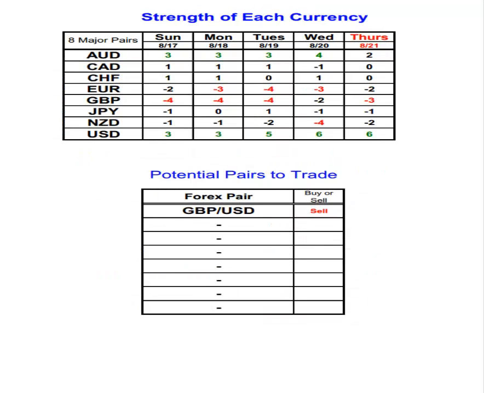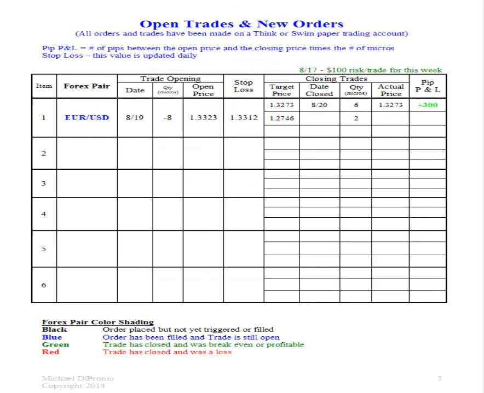From the ADX analysis and our strength calculator, we have the following currency strengths. There's one strong currency and one weak currency. The qualified pair is the pound US dollar. This is our trade summary chart for August.